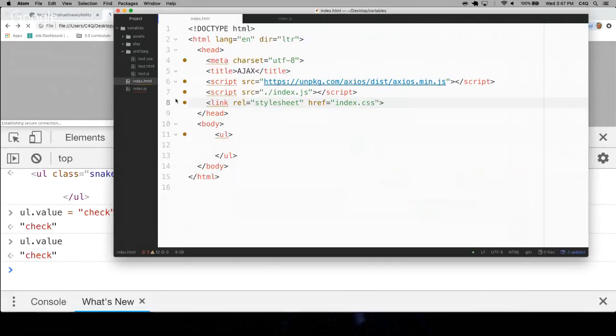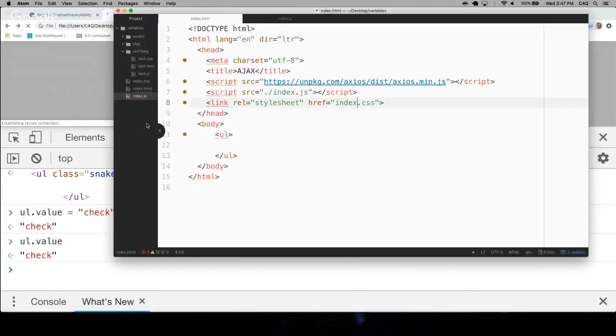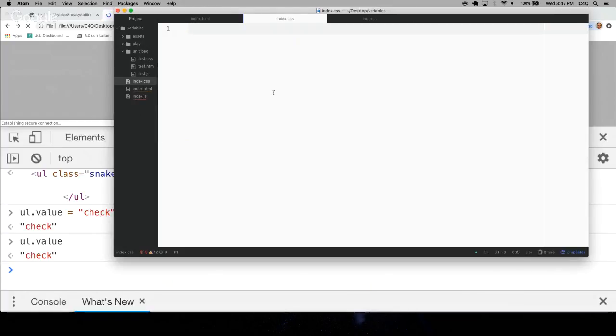I'm going to create a new file called index.css, and I'm going to say blue class, background blue, green class,